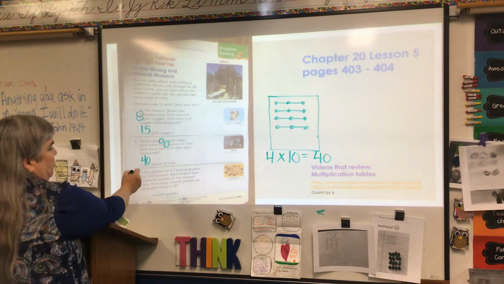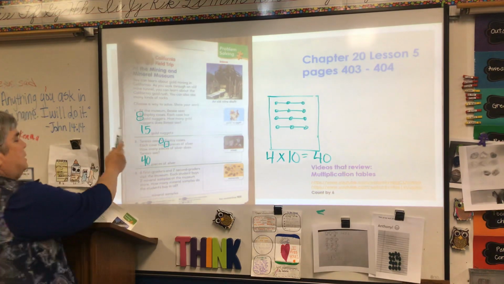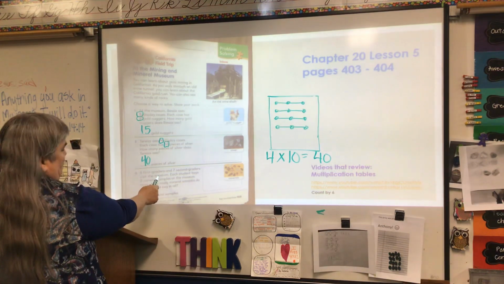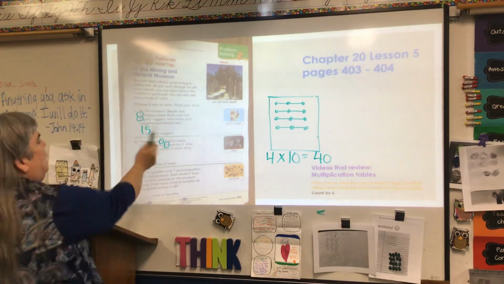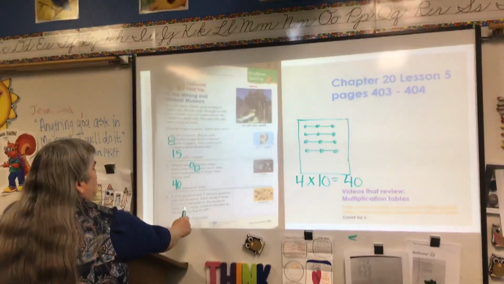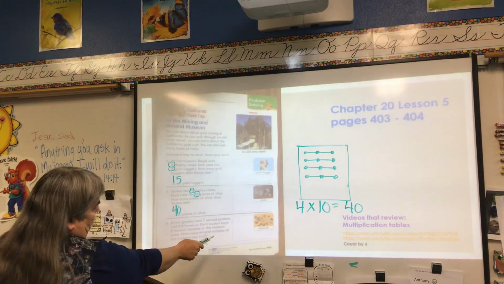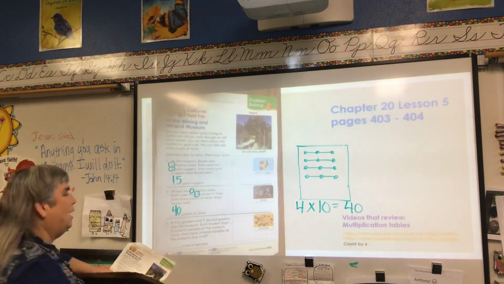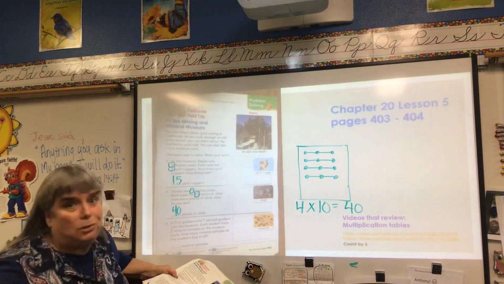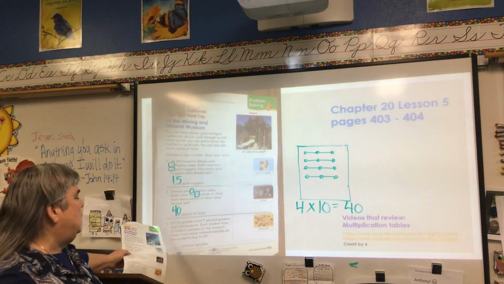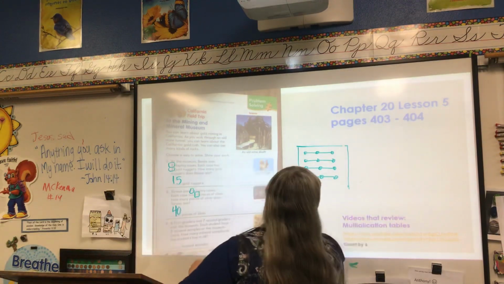Okay, so now this bottom one is a little bit more complicated. It says 6 first graders and 7 second graders visit the museum. Each student buys 2 mineral samples at the museum store. How many mineral samples do the students buy in all? Now, there's a couple of different ways to do that, probably even more than just 2. But one of the things that you can do in this one,